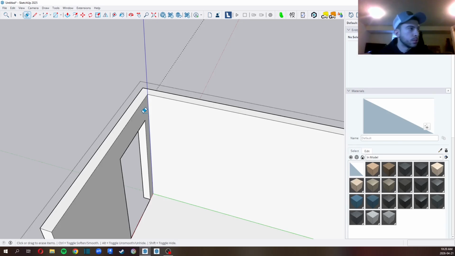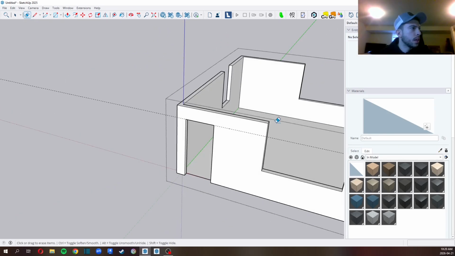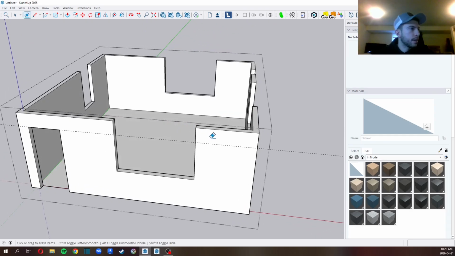Control Z again is undo, Control Y is redo. Kind of the same for every software. And I'm going to make my windows the same height as my door. So I'm going to hit rectangle, my rectangle on top, draw my line,